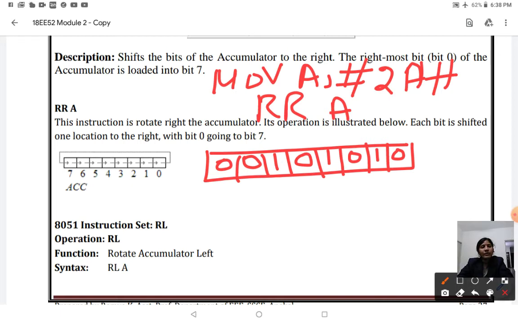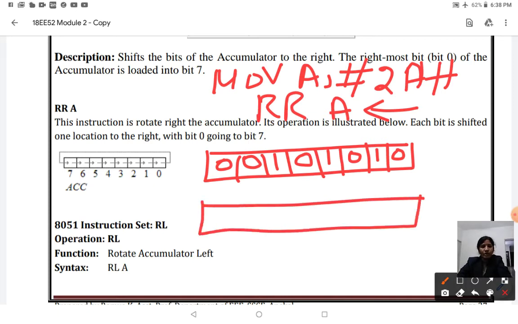Once your RRA, rotate right accumulator instruction, is executed, you see what will be the content of your accumulator. Here also it is going to be 8 bits, 4, 5, 6, 7, 8. Whatever you have here will be shifted one position.